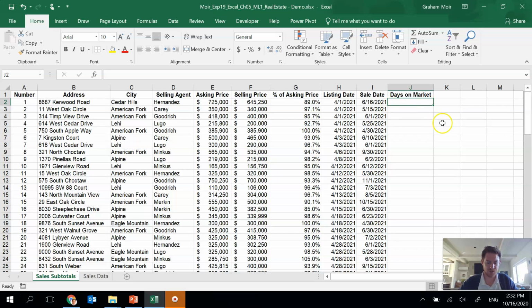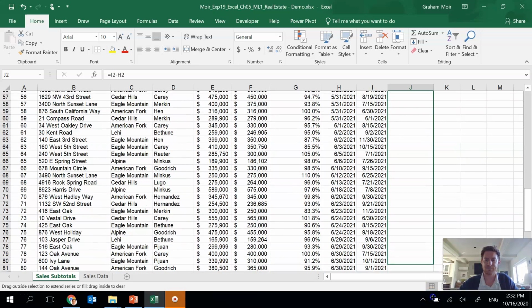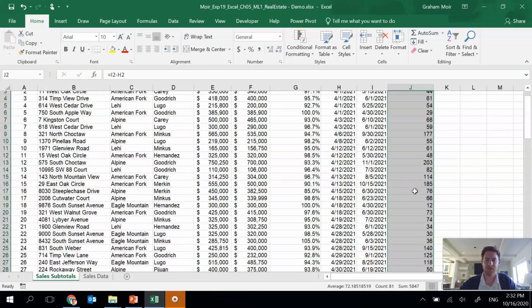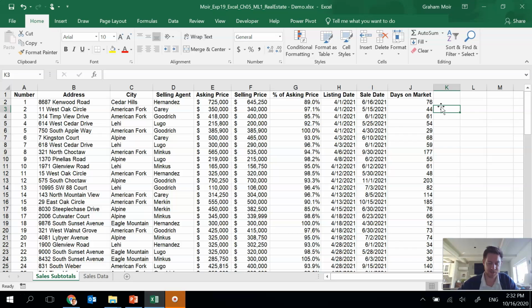So now in J2, we have to enter a formula to calculate the number of days between the listing date and the sale date, and then copy that down. Okay, so I'm going to do sale date minus listing date. Gets me a number of days, and I'm going to copy it down. Okay, so now we have that column nice and filled up. So that's it for step 3. Step 4,